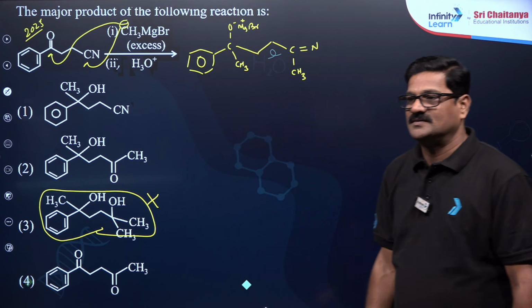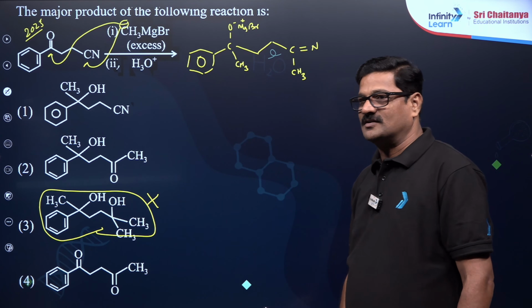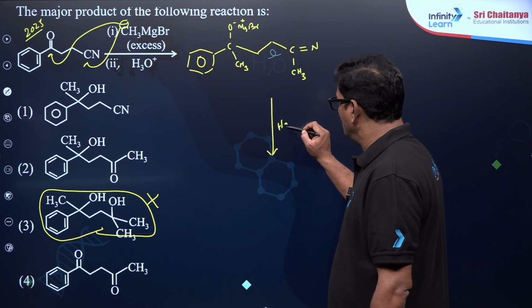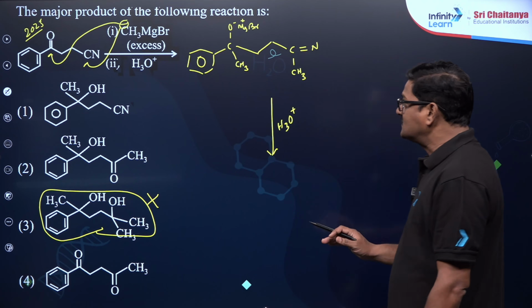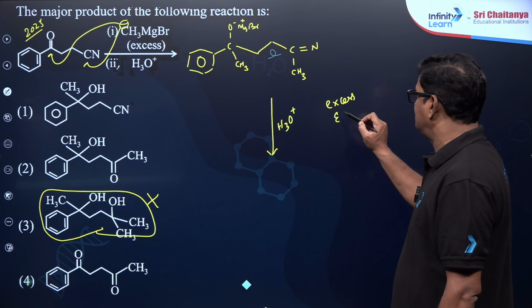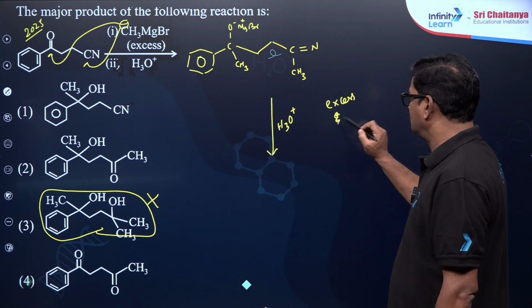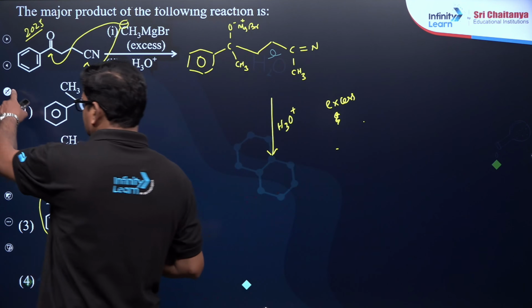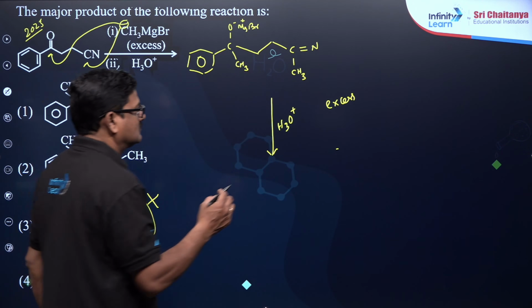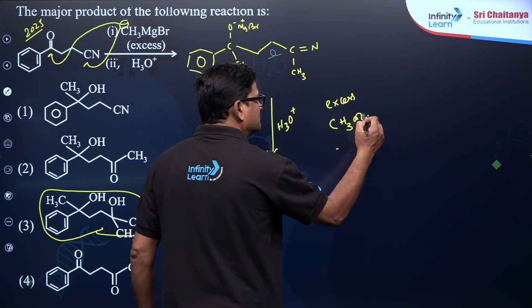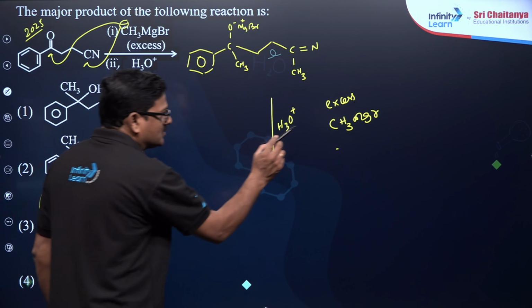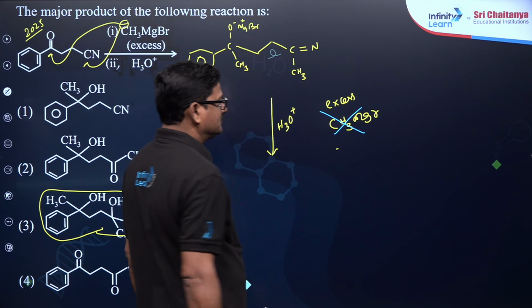And what are the things left? H2O. No, it is not that. Then when you hydrolyze this, so what happened? The excess Grignard reagent that is there, excess Grignard reagent that is left, CH3MgBr. So this acid hydrolysis that is used in the step 2 is going to kill this, because